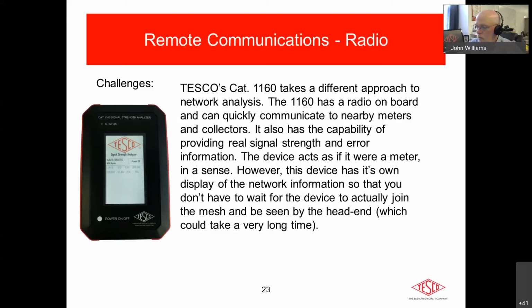And not only will it feed you back the ID numbers for each one of the meters, repeaters, collectors, whatever devices are on that network, but it'll also give you the signal strength ratio. In the case of the Landis and Gyr, it'll give you the tickle percentage, data rates, all those different things that the network engineers are looking for when you go out to do a site survey for networking. So you're going to walk around with this device and it's constantly querying that network, and it's constantly updating the display with